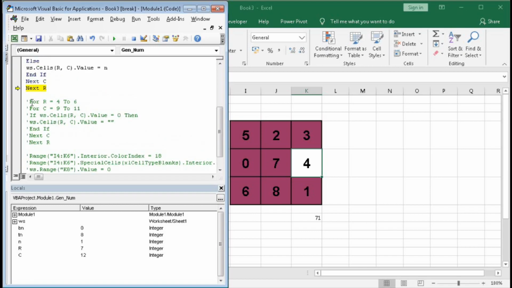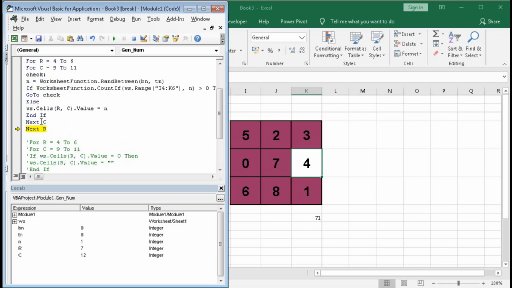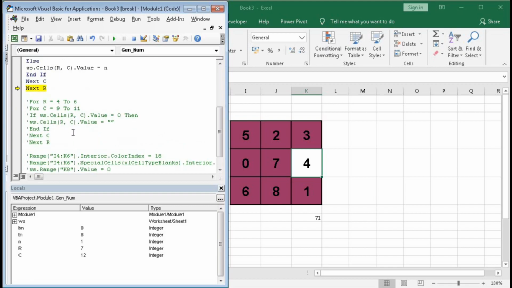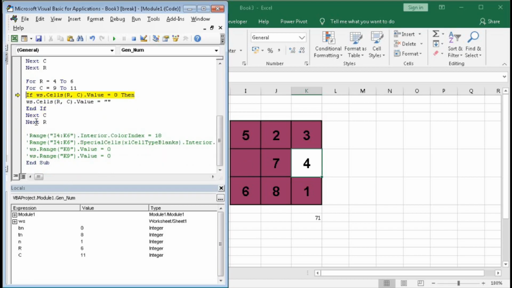So now here from R again we are looping this R and C. Because we do not need 0 here, that's why we'll remove this 0 and make it a blank. So it will check every cell, if its value is 0 or not. So that's why we are looping the value and checking if the value is 0. So if R C equal to 0, then R C equal to blank. You can see, so I will press F8. You can see it's checking. So it becomes blank. Now it will come in the next cell.